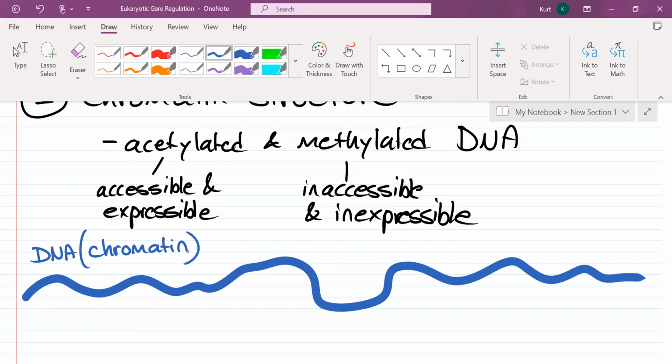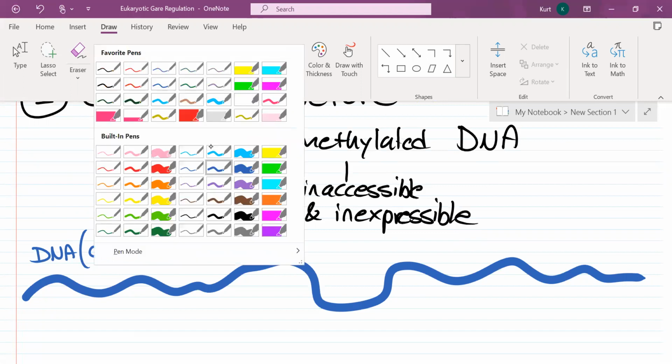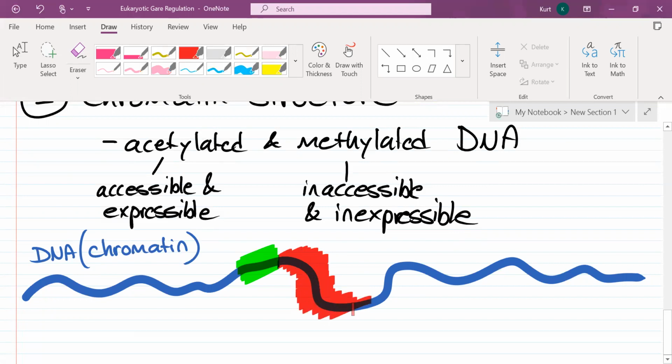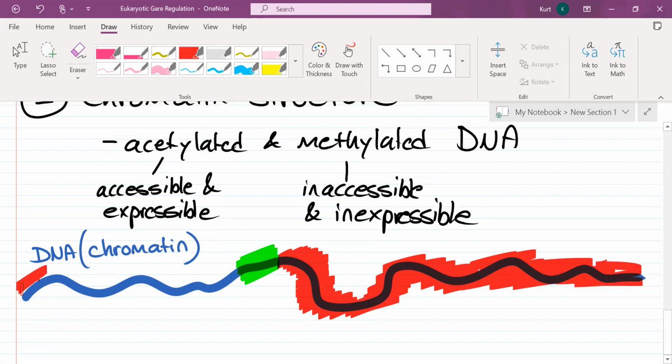I just want to use this part right here. That is going to be acetylated, so typically green means go. Everything else is going to be shut off, and so everything else is going to be methylated,